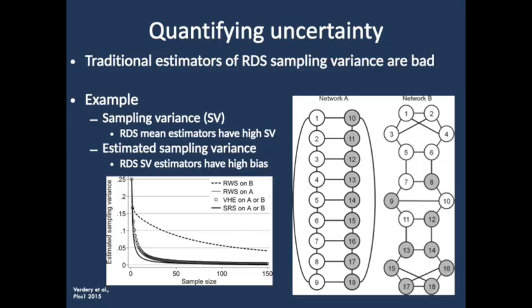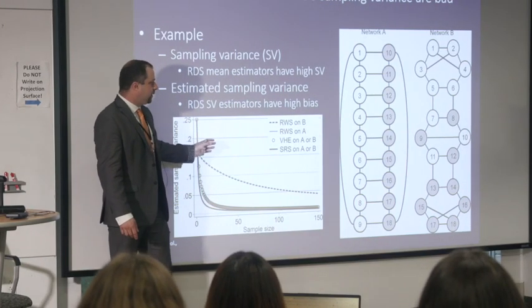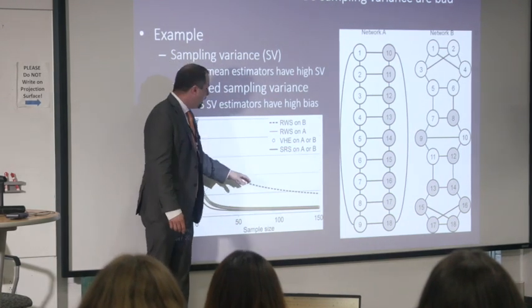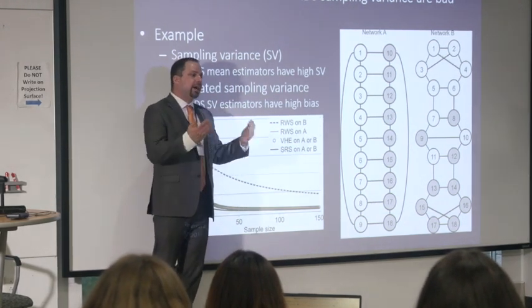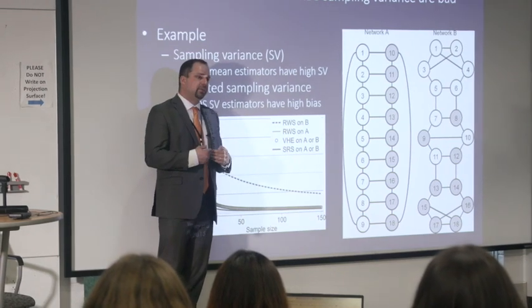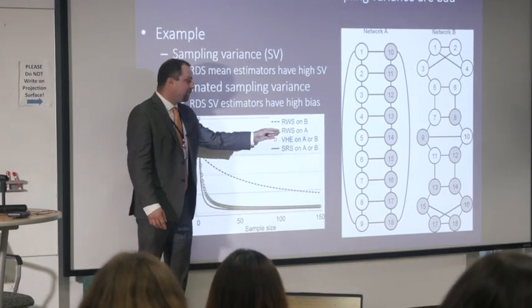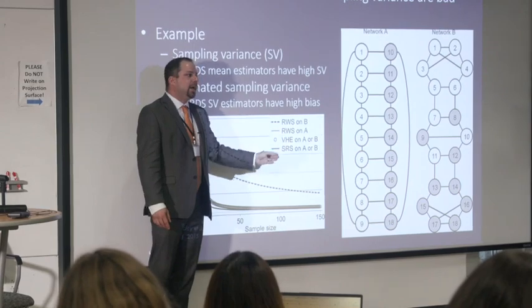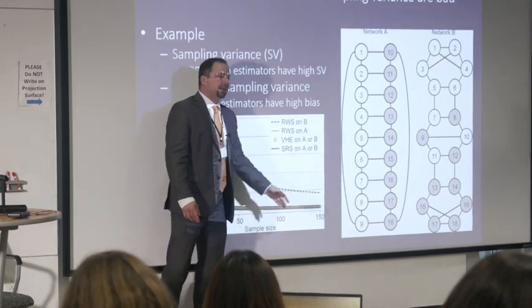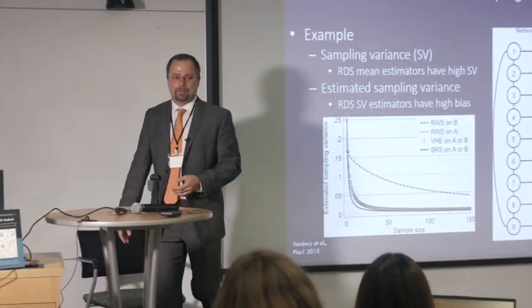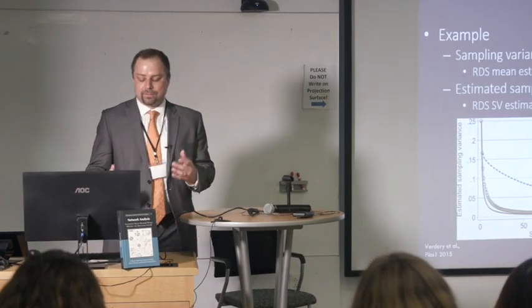To illustrate this kind of bias in the sampling variability, I just took two networks that look kind of different, but have a lot of the same local level statistics. The problem for this kind of estimator is that running RDS samples on these and calculating the sampling variance that you would expect, you end up with the same estimates for the variance from these two, but actually different levels of variance. So it's a fundamental demonstration that this is not working the way it's supposed to be working.